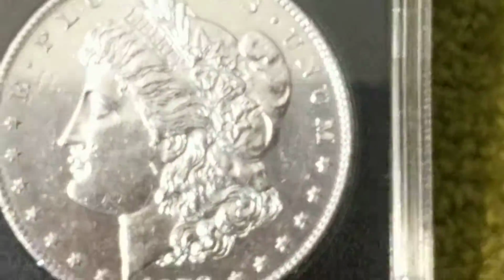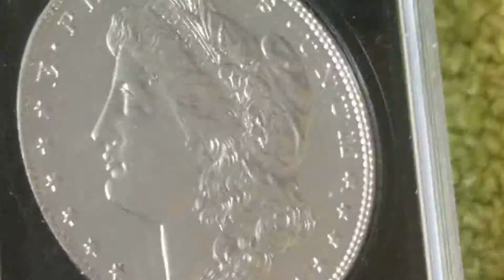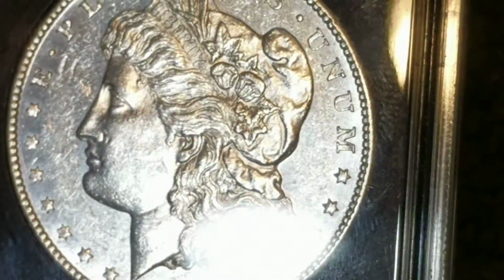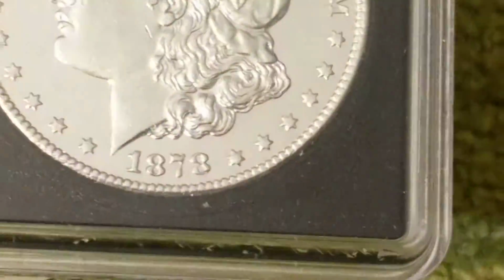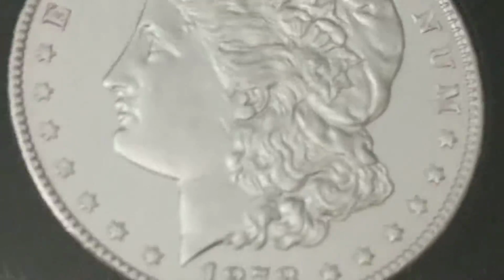And then we had this beautiful 1878 Morgan, deep mirror proof-like is what they like to call that, when you get the back lit up and it looks kind of like a proof. The 78-S, I actually really like the 78-Ss. They're not rare, but the thing that's really neat about them is how well they're struck. We're going to do a video on how to tell the difference between a well-struck and a not well-struck Morgan as well, but this one